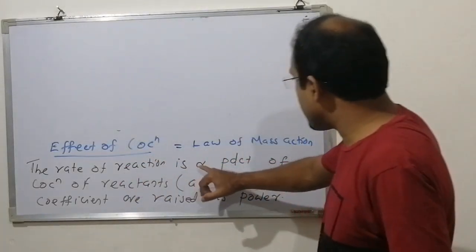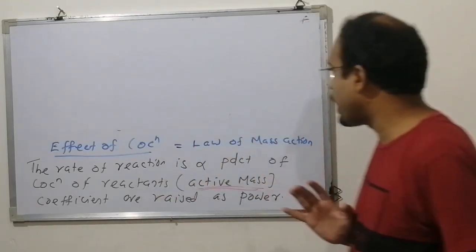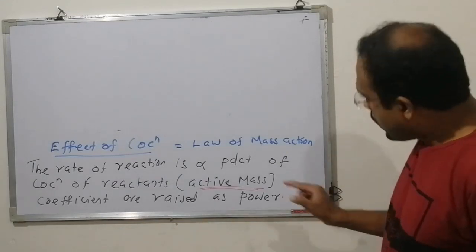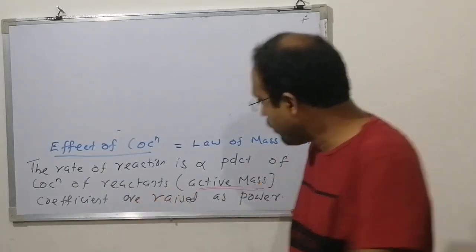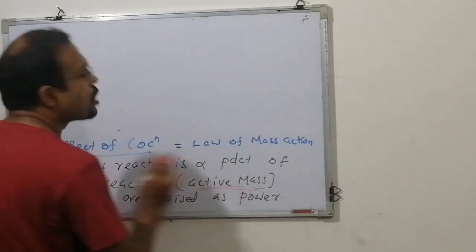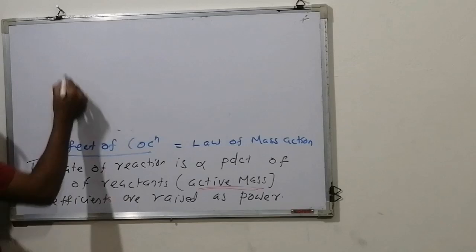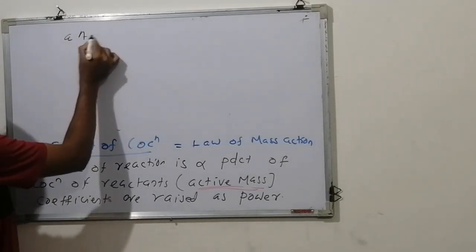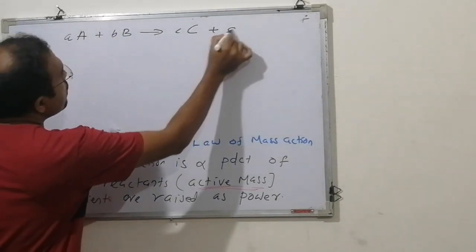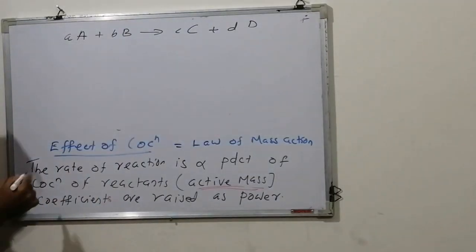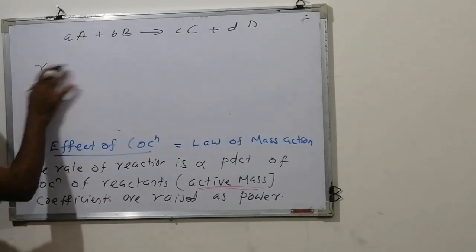Therefore, rate of reaction is directly proportional to the product of concentration of reactants. Not only that, the coefficient of each reactant is raised as power. What is the meaning of this? Suppose you have a reaction aA + bB gives cC + dD. What is the rate of this reaction? Rate is directly proportional to,